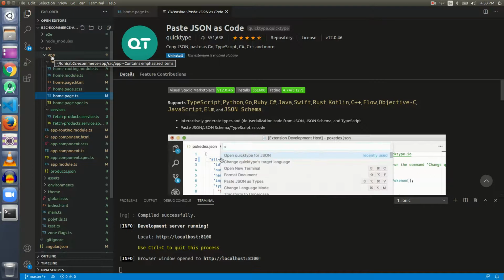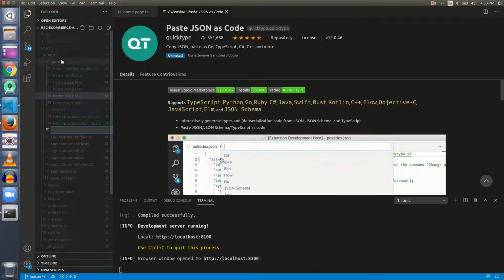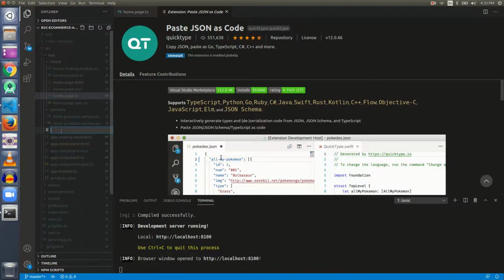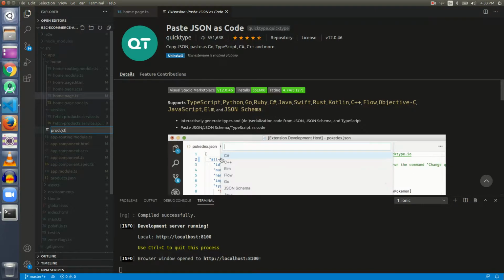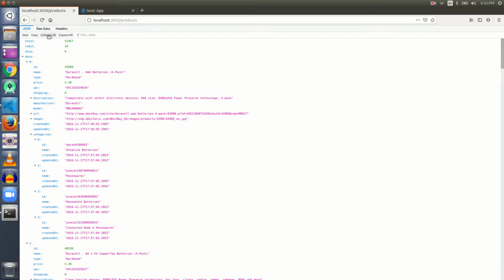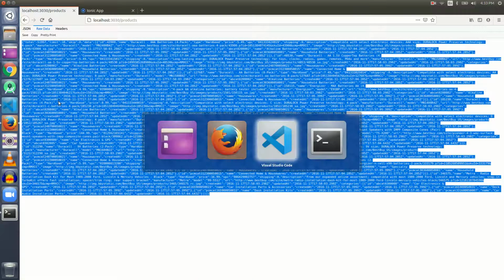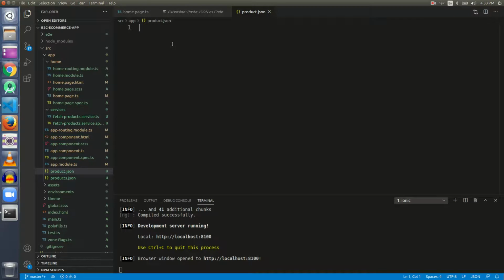Let me show how that works. We have to make a new file and let its name be product.json, and here we have to type in the data. So if we go to our URL localhost 3030 products and search for raw data, let me select it all, copy it and paste it into product.json.